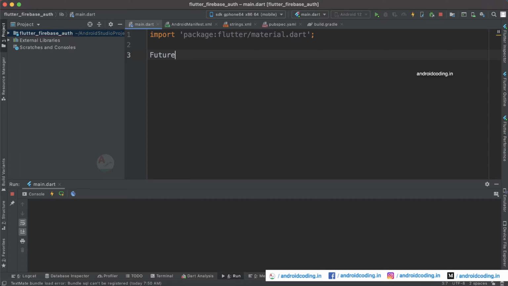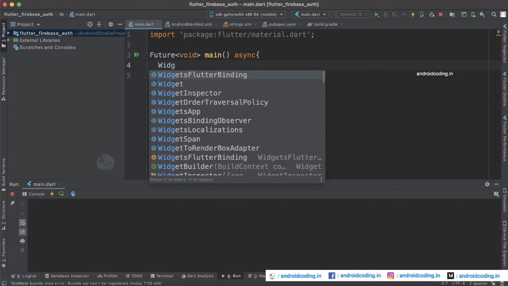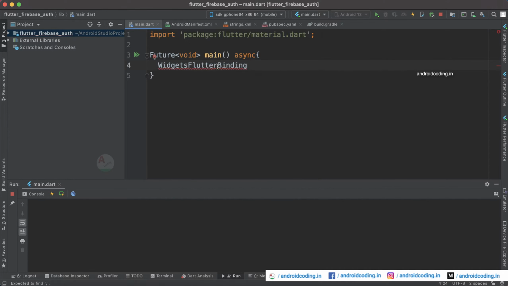So let's specify Future void main of type async, and inside it let us initialize our Firebase and also WidgetsFlutterBinding.ensureInitialized.